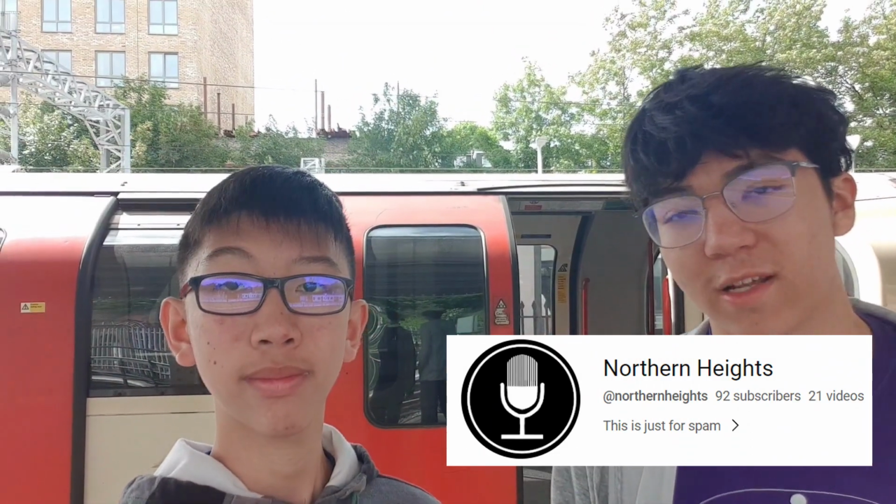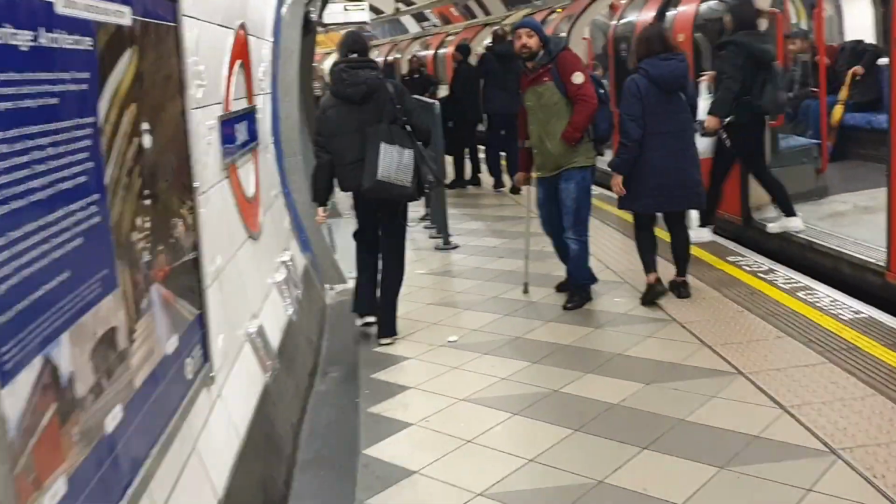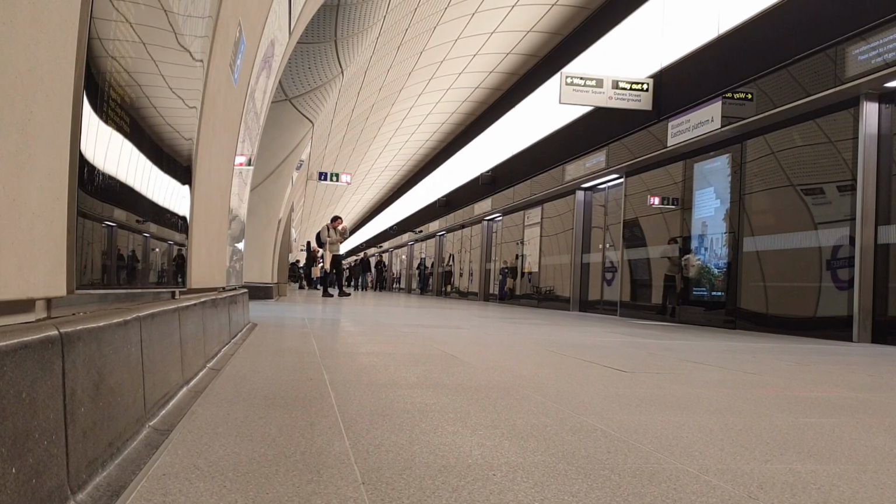One of the purposes of the Elizabeth line is to create a direct east-west route across London. The Central line behind me was, before the Elizabeth line, the most direct route across London. But recently it's become very congested, pre-COVID reaching 300 million passengers, making it one of the busiest tube lines. The Elizabeth line is meant to relieve congestion on the Central line and provide a faster service across